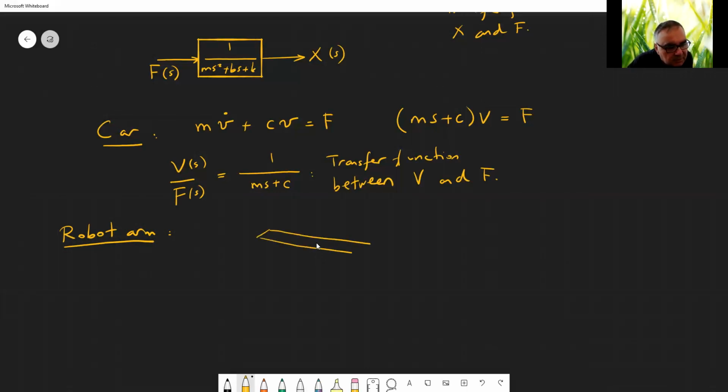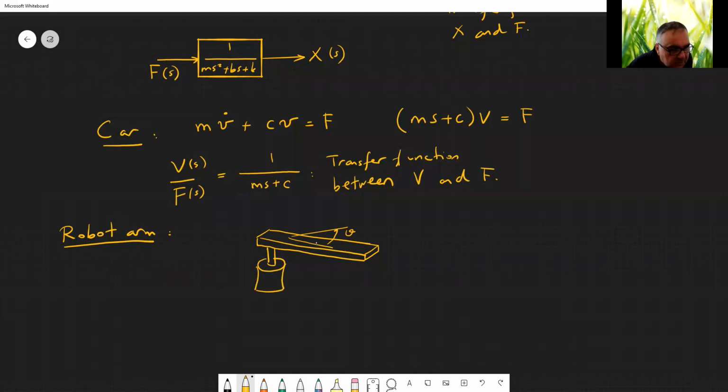Let's say that you have a mechanical arm like this, which is a simple beam-like thing. Now this is an arm that can rotate. So this is the rotation theta. Now this is connected to a shaft, let's say, and this shaft is connected to a motor like this,